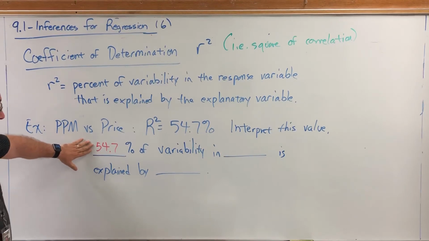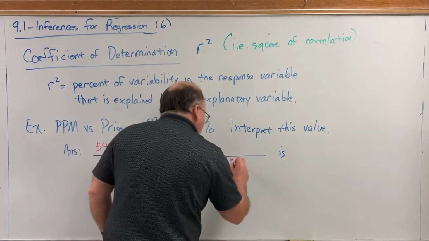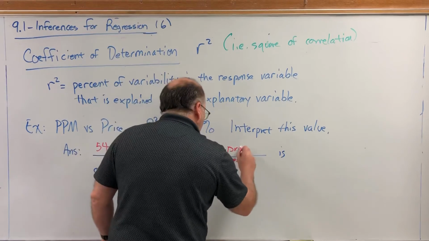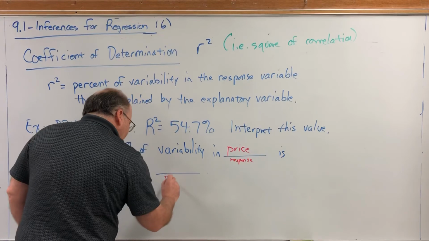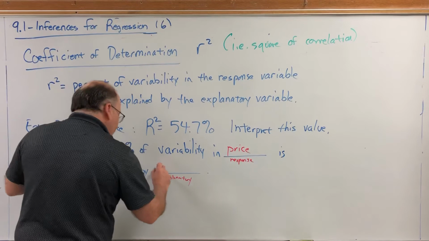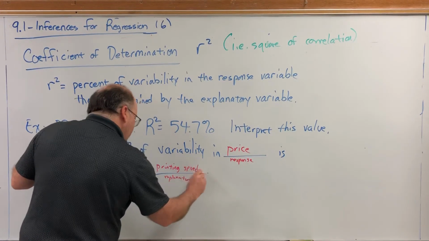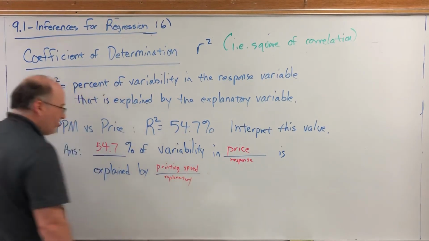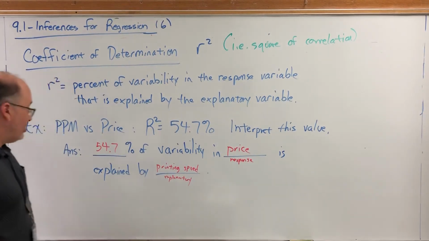So 54.7% of variability in. The value that goes here will always be the response variable. In this case, price. And the value that goes in this blank will always be the explanatory variable, which is printing speed. I know it says ppm, but it's measuring printing speed. So to interpret this value, we could say that 54.7% of variability in the price is explained by the printing speed, which also means that